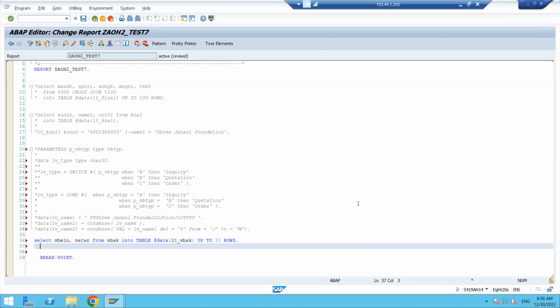For that, we need to loop the internal table and take one variable, something like LV_NETWR equal to this work area NETWR plus. Like that we have to write the code. So instead of that, we have one function here: data LV_NETWR is equal to